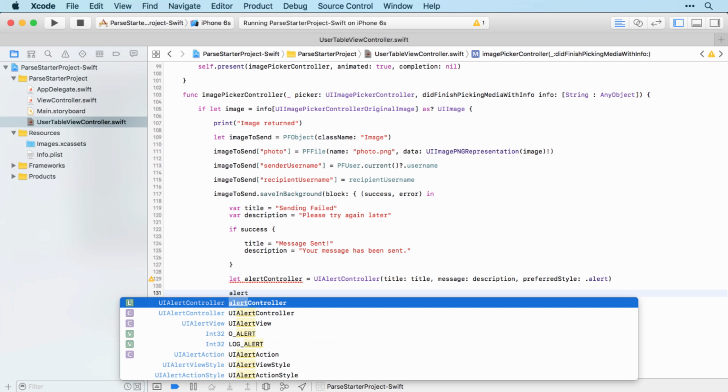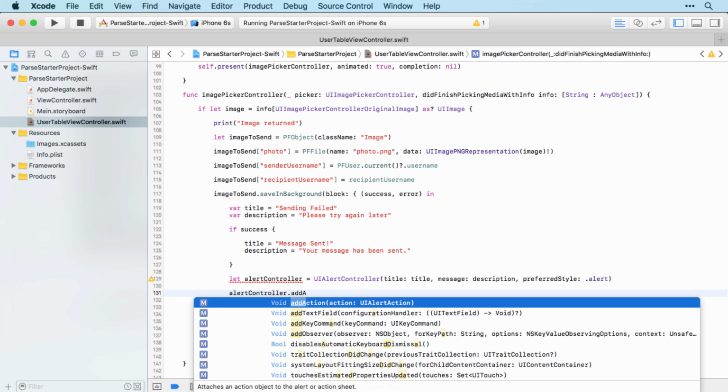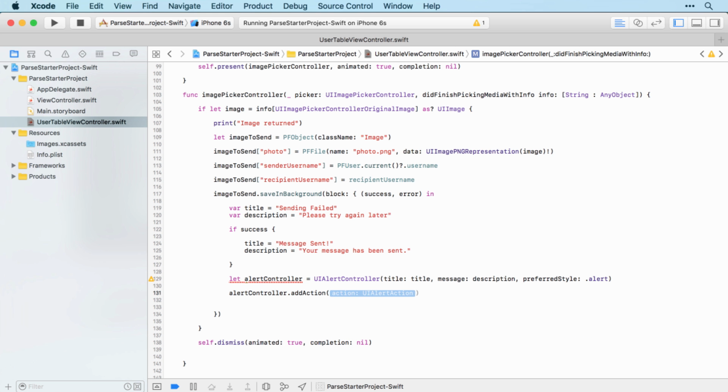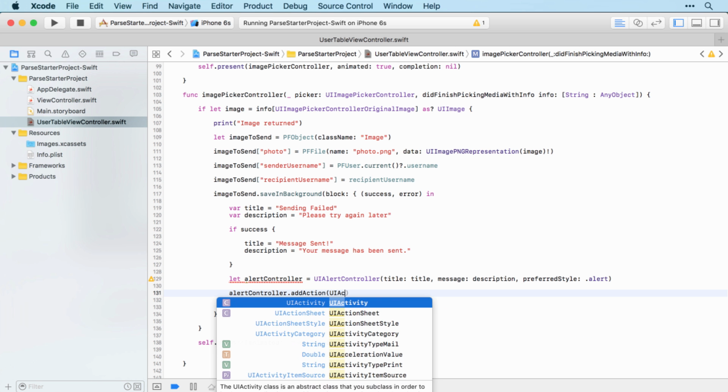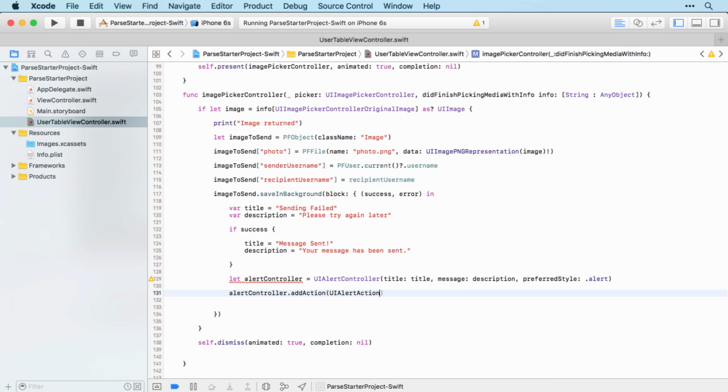Then we'll take our alert controller and add an action. And this is going to be a UIAlertAction with a title of OK, a style of .default, and a handler